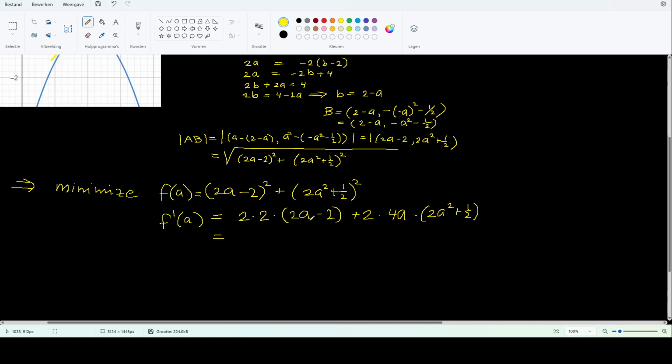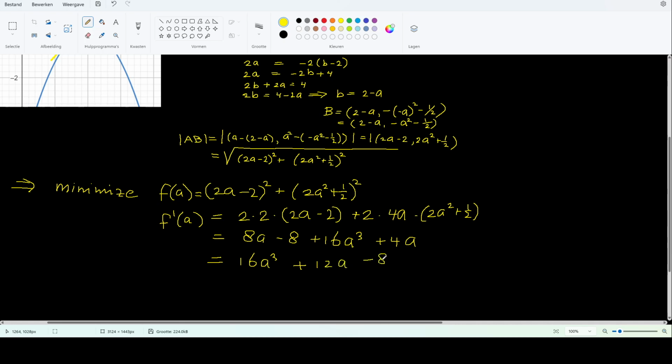So this is 4 times this value here. So that's 8a minus 8. And now this is 8a, and we have to multiply it with this one here. So we get 16a squared, or 8 to the power 3, I mean. And this is 8 times 1/2, so that's plus 4a. So we can simplify it a little bit more. We get 16a to the power 3 plus 12a